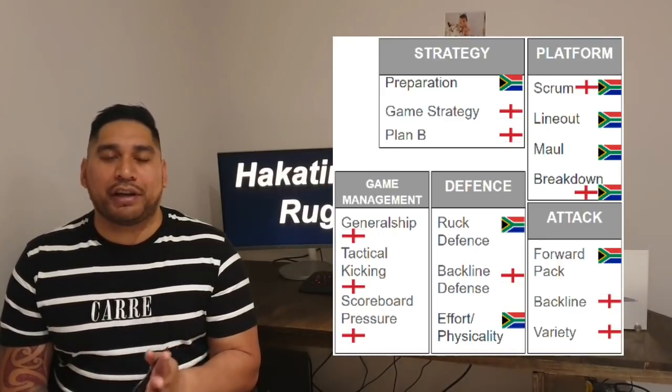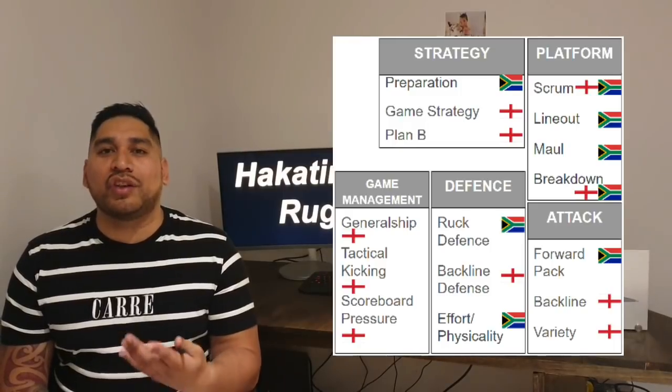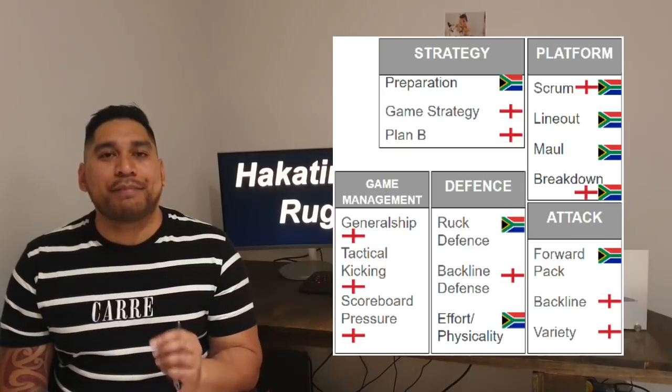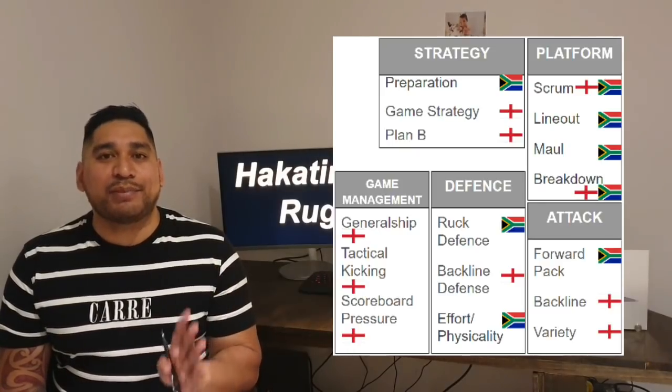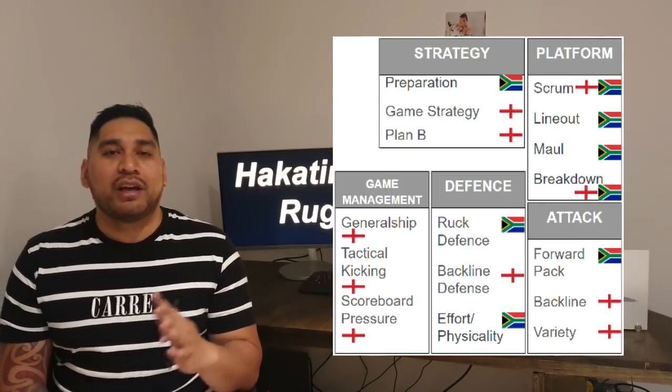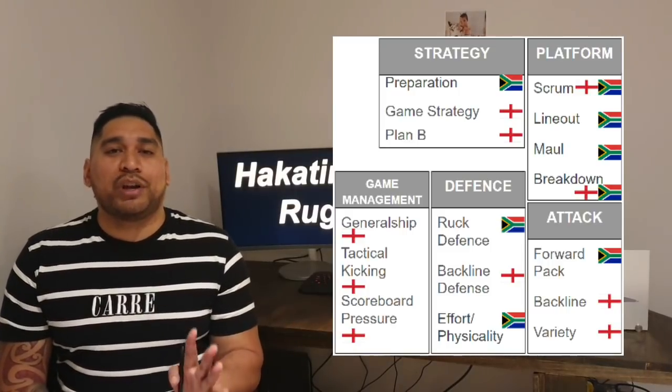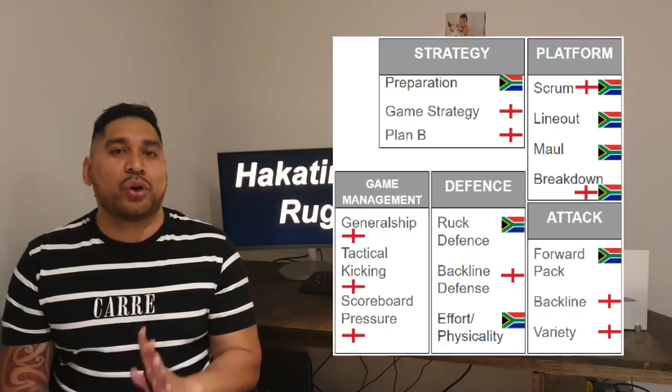Now, most players always carry niggles, but if there is an injury concern, the niggle is more than just that, right? So I do expect those two factors may mean that Rassie Erasmus has an easier time of preparing this team than Eddie Jones will. That's the first point. The second point in terms of strategy and plan B, as you know, I am a